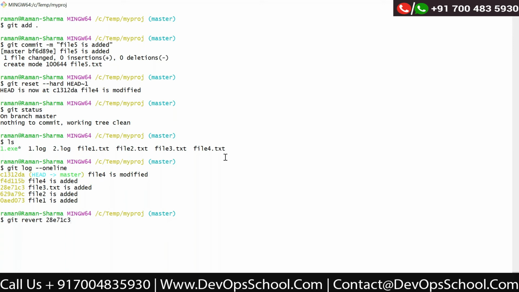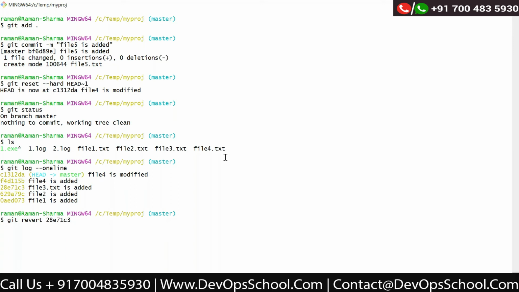For example, I have deleted one commit with the reset command, but it is not recorded anywhere. But when I use the revert command, it will record. So here I'm saying git revert and that commit ID. What is that commit ID? It is saying file 3.txt is added. So it means I'm removing that file.